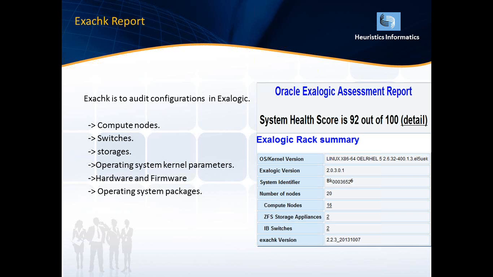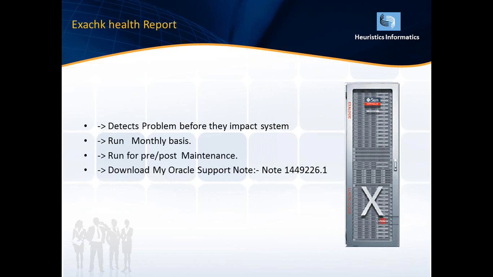So how can I specify that? How can I benchmark that my Elastic Cloud is running in the proper fashion and has all the availability to run properly? This health score will help us detect that the system is in a healthy condition. It detects problems as per the Oracle Metalink document note 1444922.1. We can check how to execute this ExaCheck health check report.